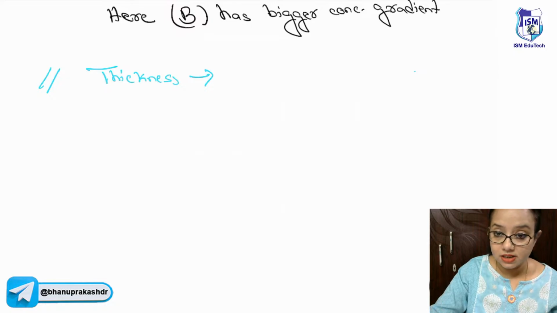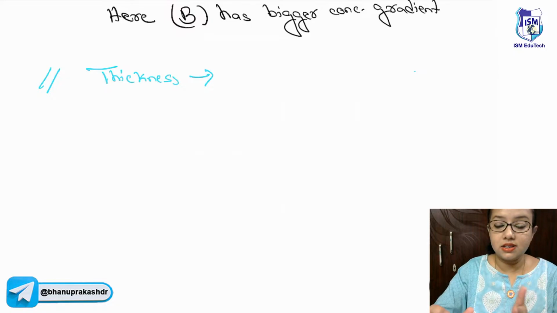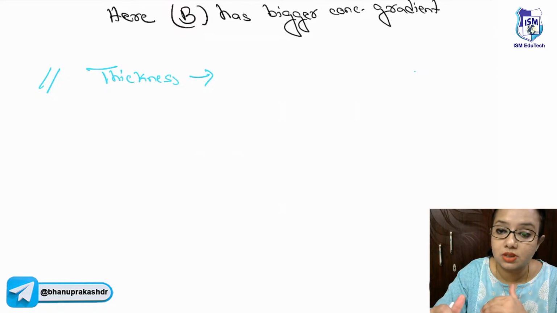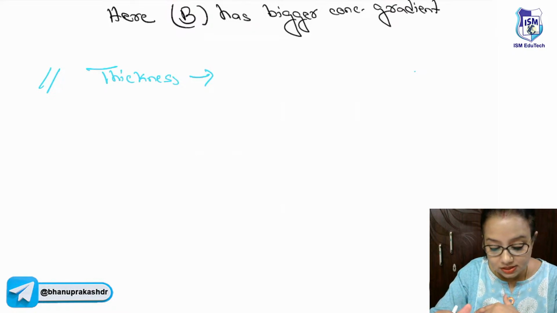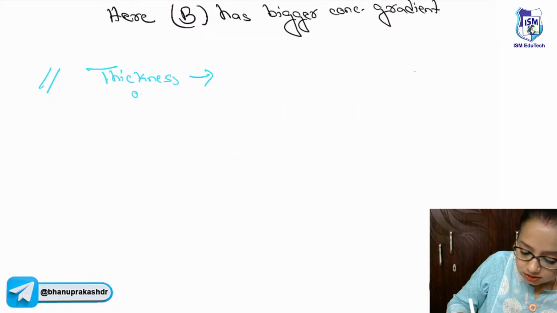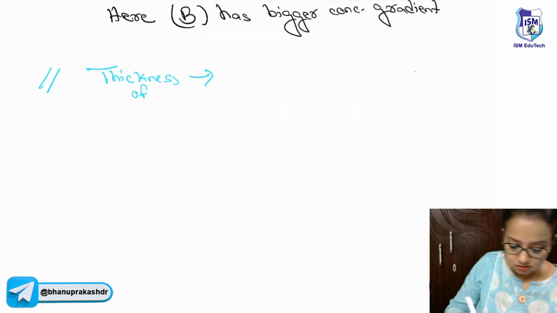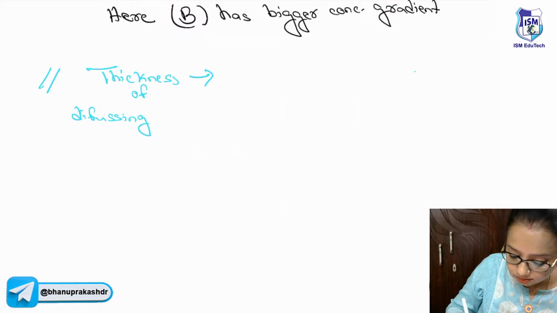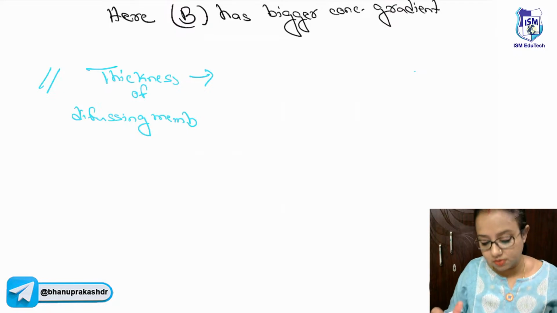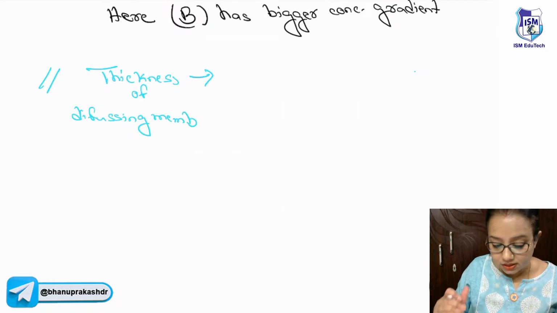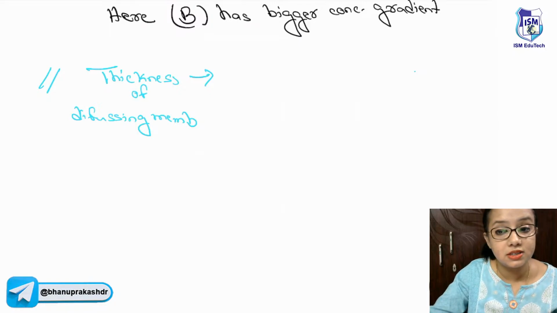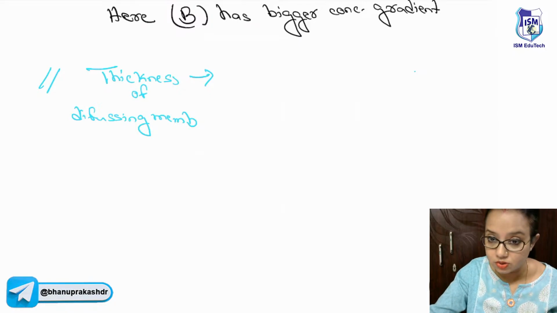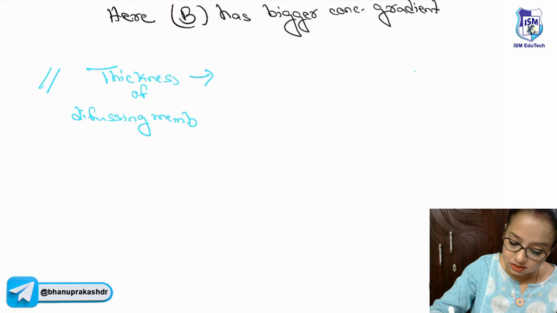The membrane surface area and the concentration gradient are directly proportional to the rate of influx. The thickness of the diffusing membrane is inversely related to the rate of diffusion. Means what? If, for example,